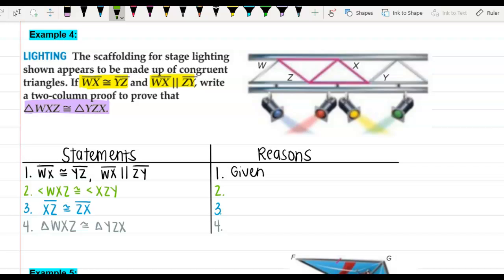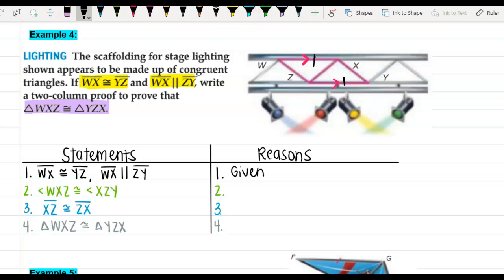So the first thing I want you to do is let's label the fact that those lines are parallel. Remember, we label that lines are parallel by 2 little arrows. So I'm going to label WX. So this top line up here is parallel to ZY. Okay, so we got that labeled. Let's label our other piece of the given. The same 2 lines are actually congruent to each other. So the top and the bottom, those 2 are congruent. All right, next thing,